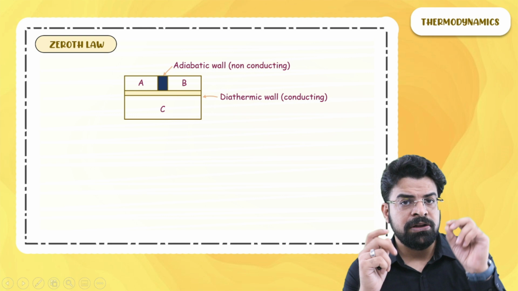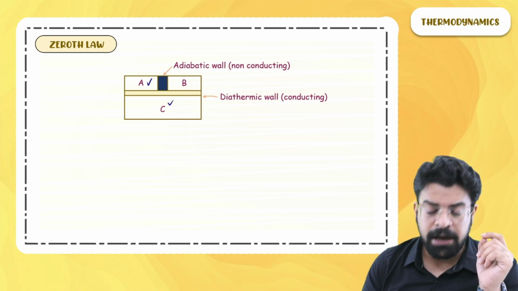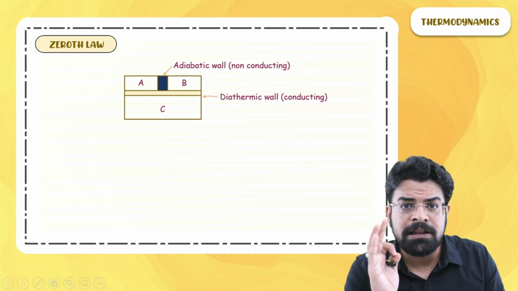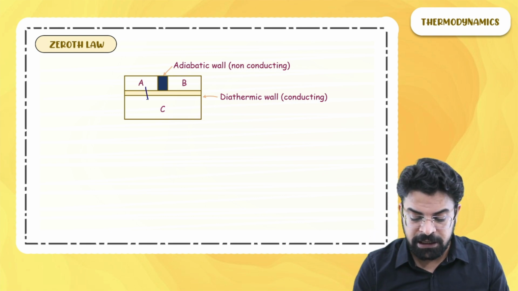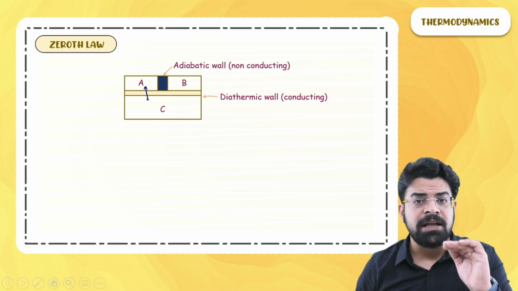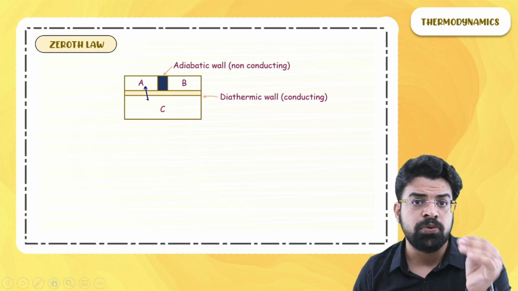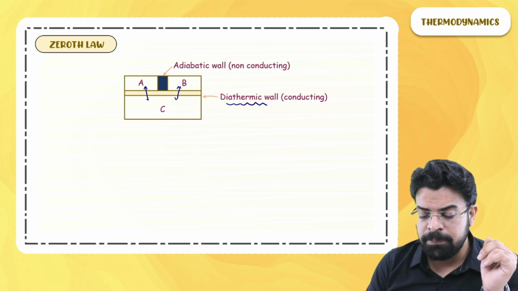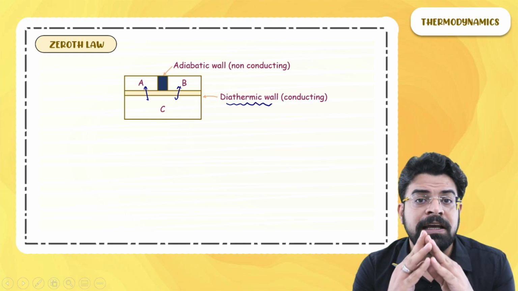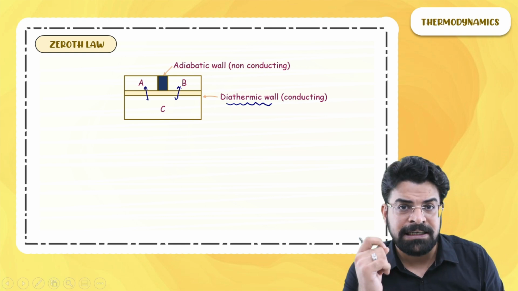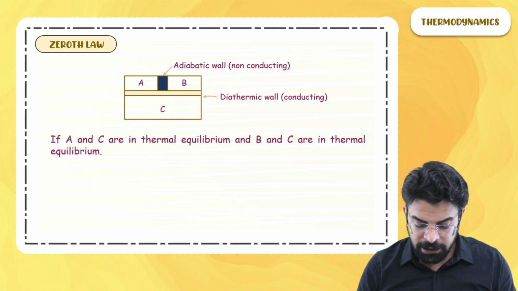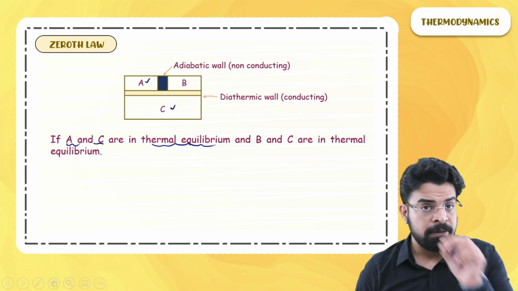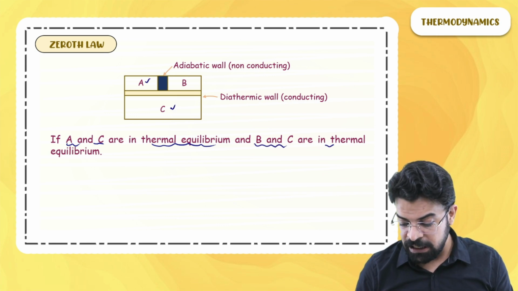So when you have got these three bodies such that A and C and B and C are separated by diathermic walls, then over a period of time, A and C will attain thermal equilibrium. It means that no net heat flow will take place from A to C and C to A. Similarly, as B and C are also separated by a diathermic wall, over a period of time, B and C will also attain thermal equilibrium. So what does the statement say? The statement says, if A and C are in thermal equilibrium, and B and C are in thermal equilibrium,